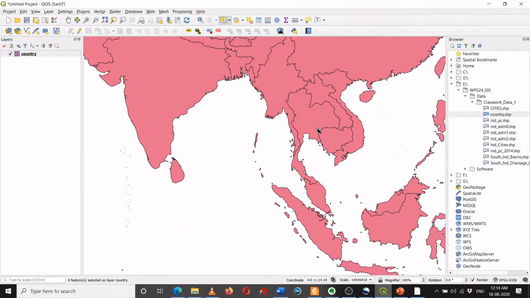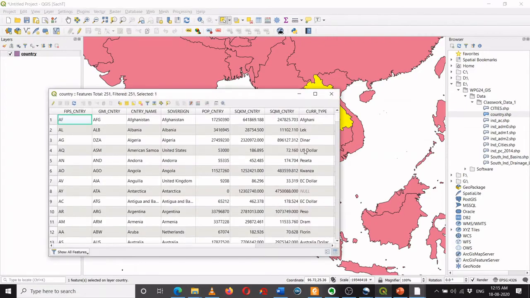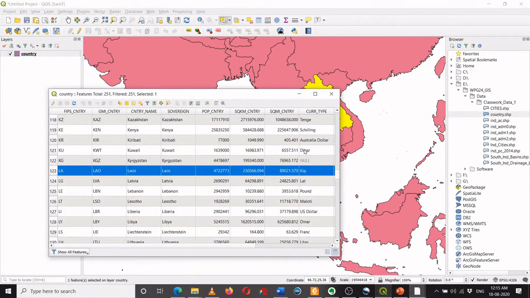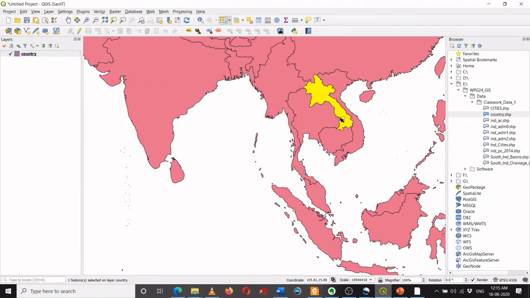Now we will see how we can see the attributes of a particular given polygon. For example, I want to know the name of this country. Obviously I can select over here and go back into the attribute table and see where the highlighted area is. So this is Laos, but this is again time consuming because there are 256 countries listed in this map. What is the other alternative available to me? I'm again deselecting this.